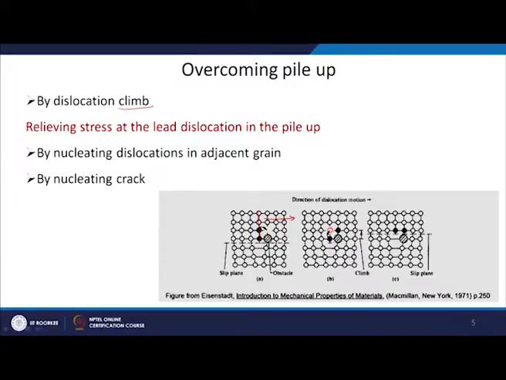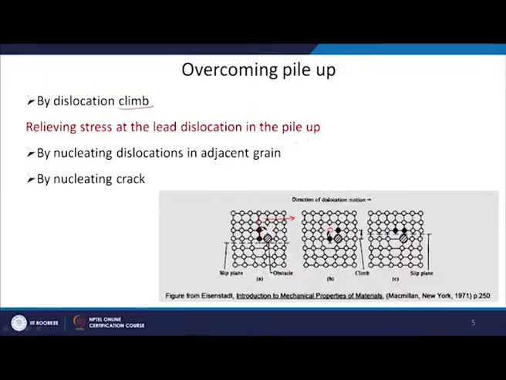So, instead of ending here, now it is ending in this plane, and thereby it has circumvented this particular obstacle. So, now it can move in this plane without any problem. So, this is one way of circumventing the barrier by dislocation. Okay. So, it can also relieve the stresses at this location in the pile up by nucleating dislocation in adjacent